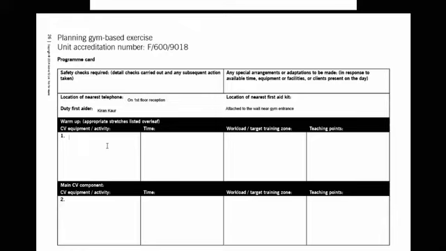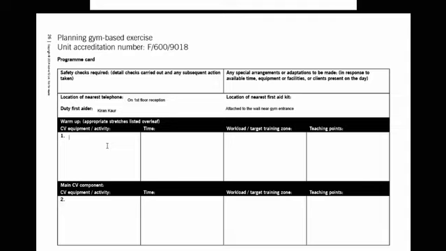If your client is looking at potentially gaining weight or decreasing body fat, which is quite a common goal, then what we're doing for the CV here doesn't really matter. But be aware, if you've written when you interviewed the client in Unit 2 that your client really doesn't enjoy the treadmill, then don't put the treadmill in here, because that's not something that your client wants to do. So be intelligent around that and think about the needs of your client.